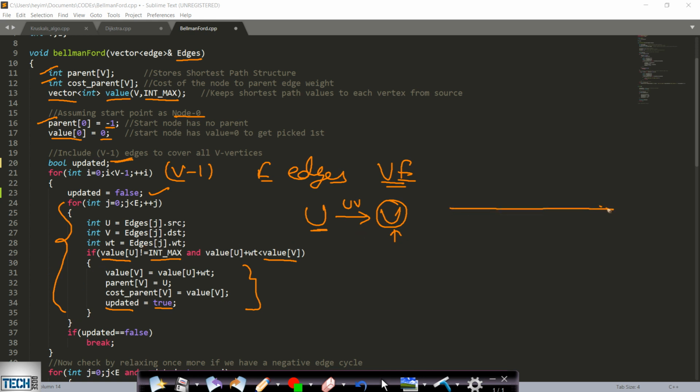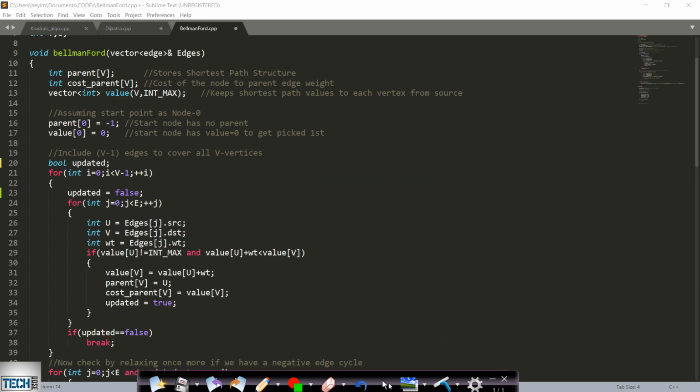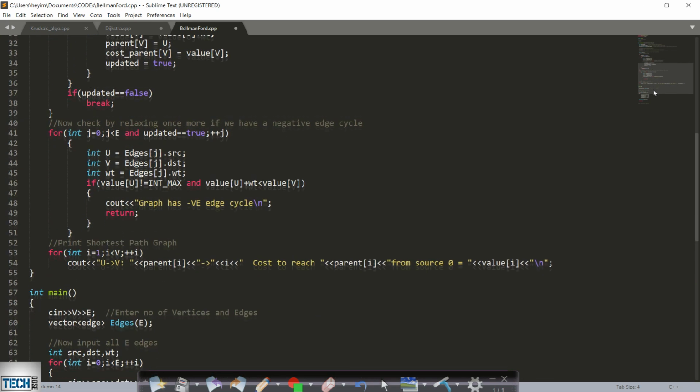Now when we are done relaxing all the edges, if we find that no node was actually relaxed, then we will be breaking out of this loop, saying that this step has exactly the same values as our previous step, and so we have not found any new shortest path in this step. Therefore, whenever two steps have the same values, we will break out. Otherwise, if at least a single node is getting a new shortest path for a given step, then we will keep repeating the step for V minus 1 times. So this is the logic behind using this flag updated.